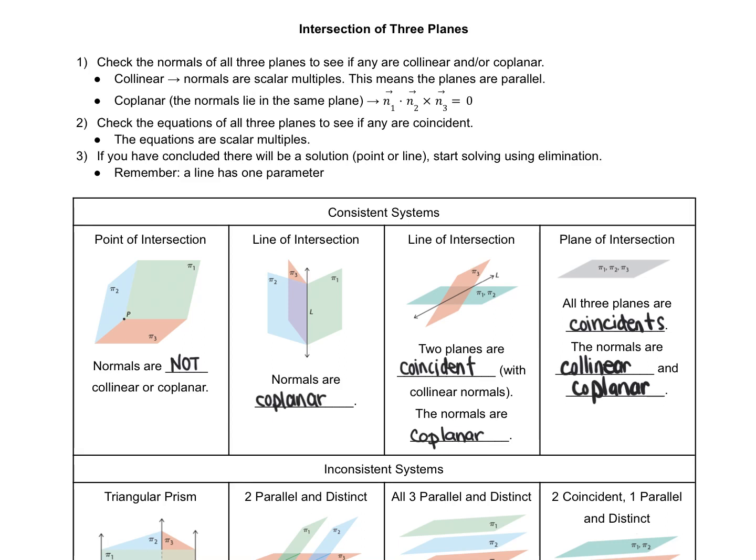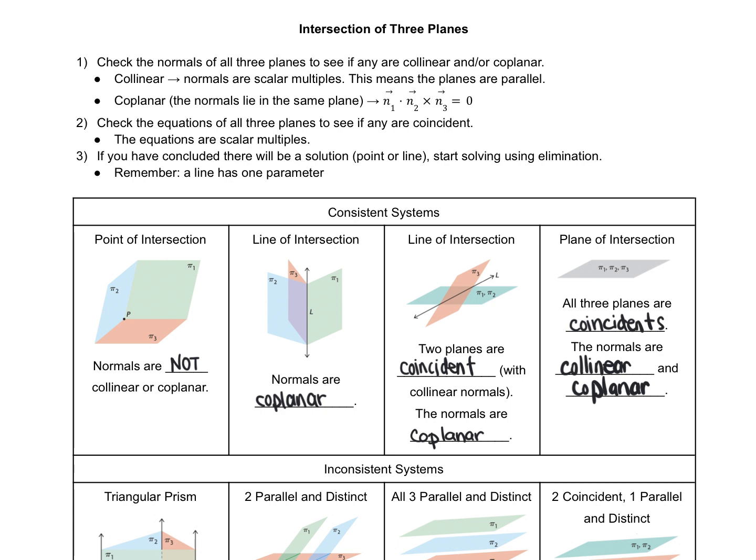In this video, we will be looking at how three planes can intersect, if they intersect at all. So there are a few things that we have to check for to conclude what scenario we're in. We need to check the normals, and we need to check the full equations themselves. When we're checking the normals, we're checking to see if the normals are collinear, meaning the planes are parallel, and